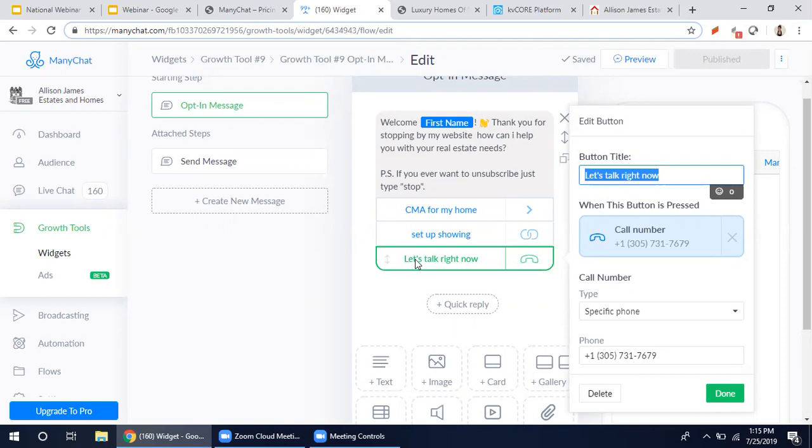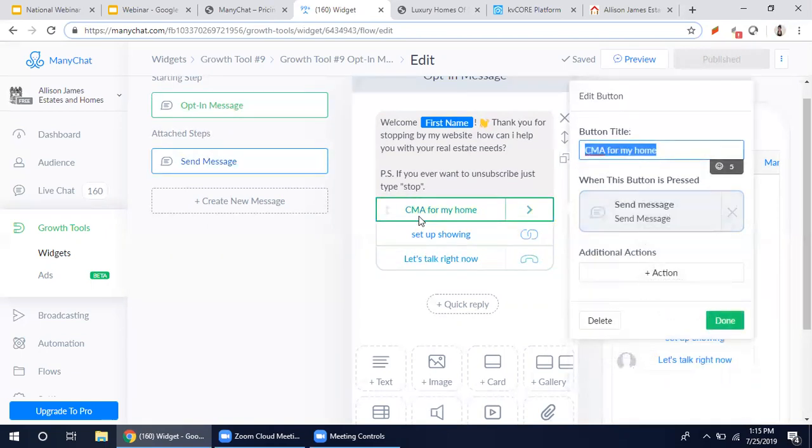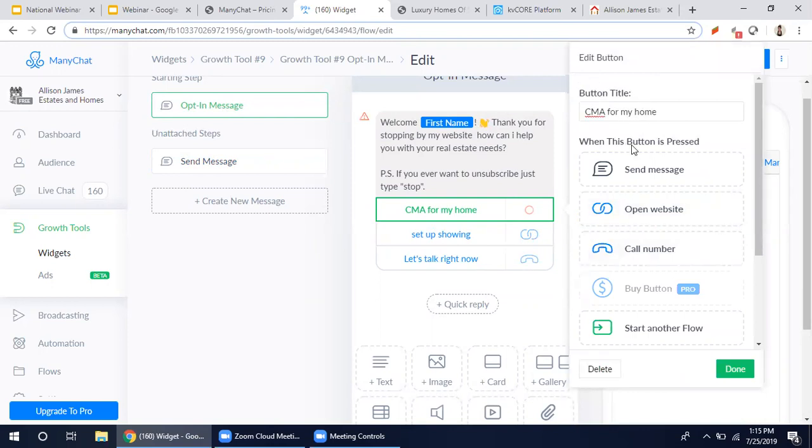But I don't want to overwhelm you. Let's get you started on this first. So for example, if we did, I want a CMA on my home, or give me a CMA on my home, what you could do is pick an action. So I'll change this so you can see. When this button is pressed, it's going to let you choose